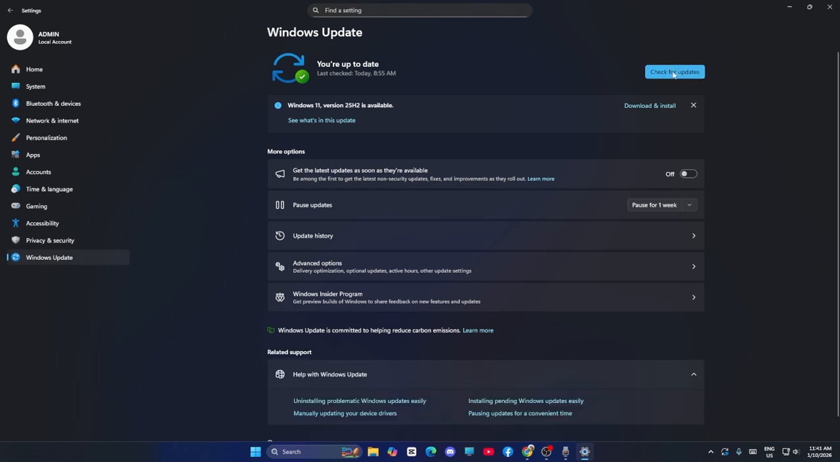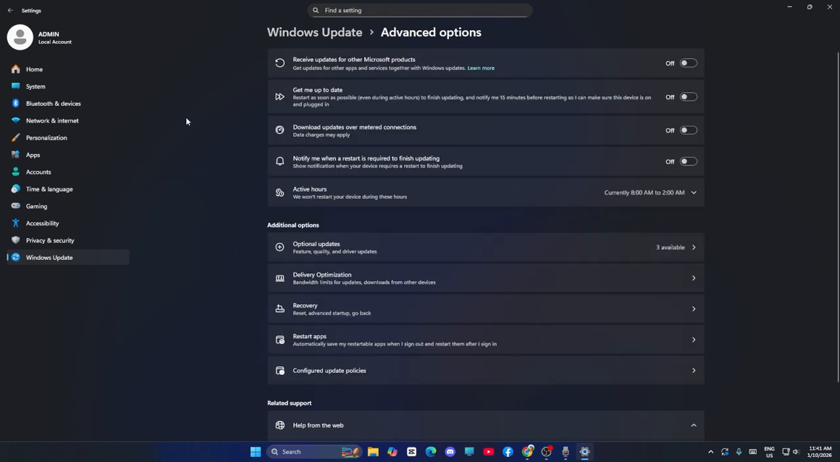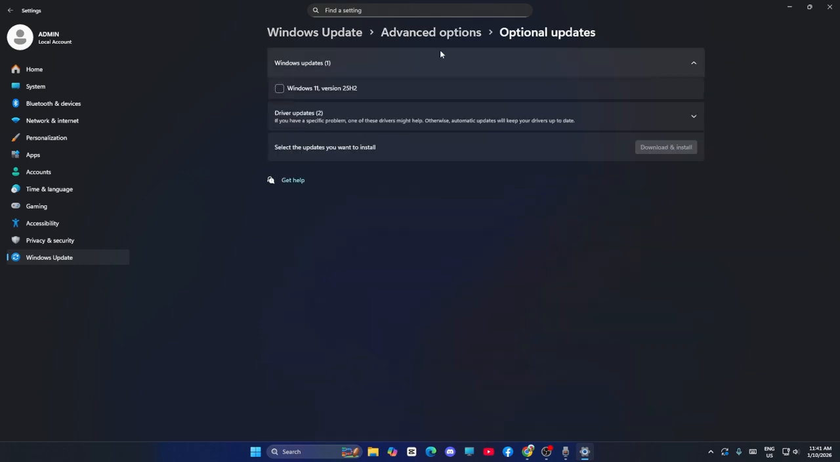So if you have any kind of pending updates and all those things, everything should be checked. And try updating your Windows and you have to check, and that might work. Next one is all about after the update is done, you have to click on advanced option. Now from here, you have to go to optional updates and you have to check whether you are having any